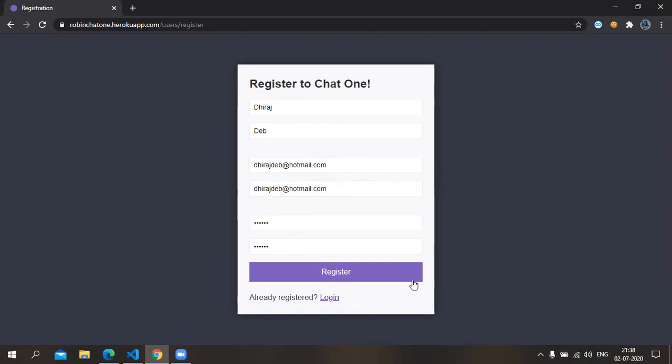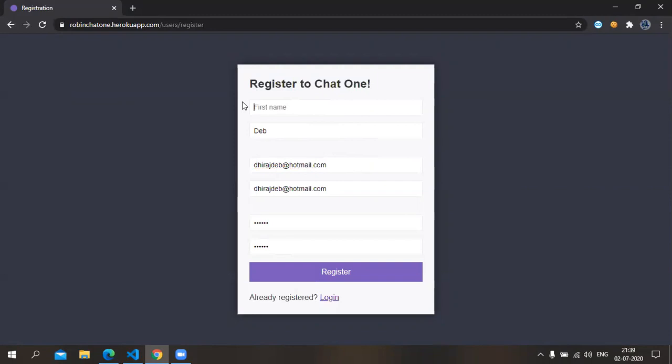So here, if we click register, because I have given all the parameters correctly, it will just register for this particular email. What I will do is show the validation part we have done, so that the user can put wrong parameters in any of the fields.